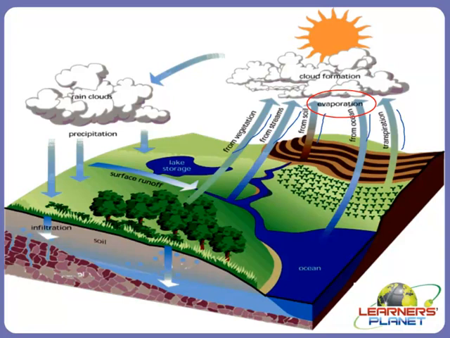Does it just keep going up and into outer space? Well, if you have ever seen rain, you know that it comes back down to us. But how does it turn back to liquid water? As it has evaporated, it is in the gaseous form, right? So condensation is the process by which the water vapor from evaporation becomes liquid again. So just picture a cloud. Here, this is a cloud. Just picture a cloud in your mind.